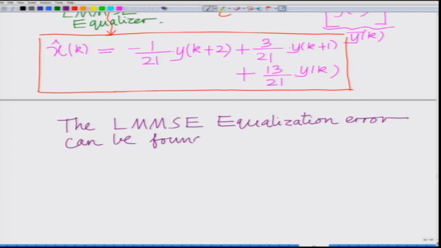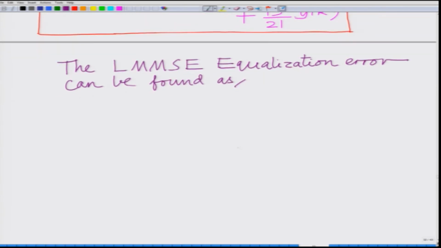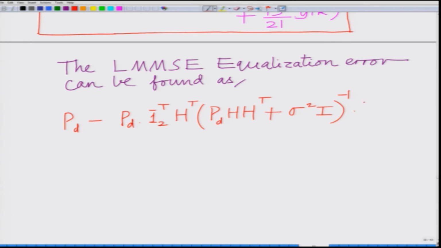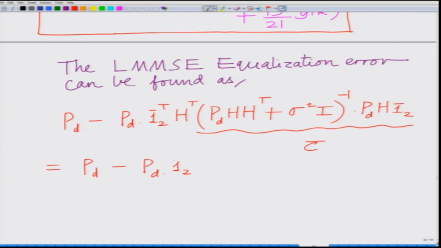we have derived the expression for the LMMSE equalization error, and this is given as PD minus PD into 1 bar 2 transpose H transpose into PD H transpose plus sigma square identity inverse into PD H bar into 1 bar 2. But now see, this part is simply your equalization vector C bar. So, I can write this also as PD minus PD 1 bar 2 transpose H transpose into C bar, and